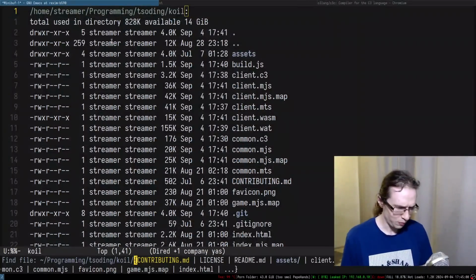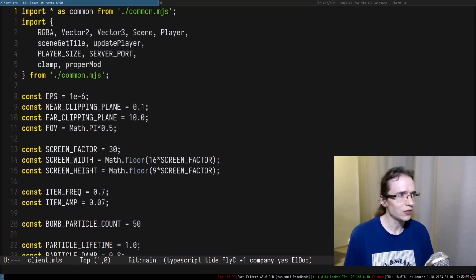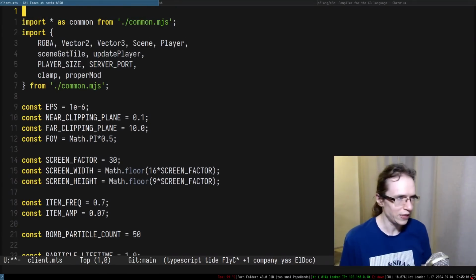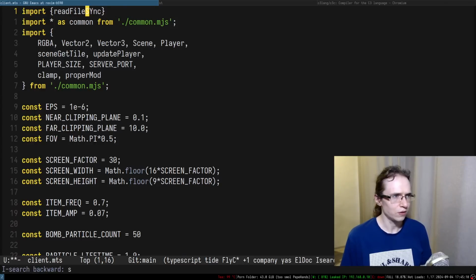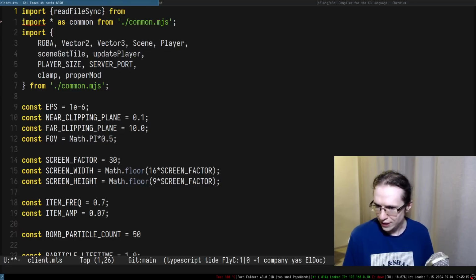Okay, so let me go to maybe client.mts. Oh, and I'm using TypeScript. Damn it, mate. Can I just import readFileSync from